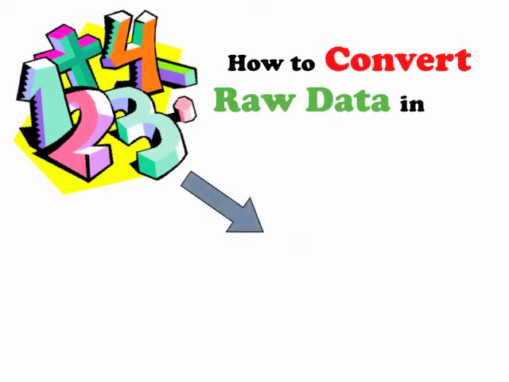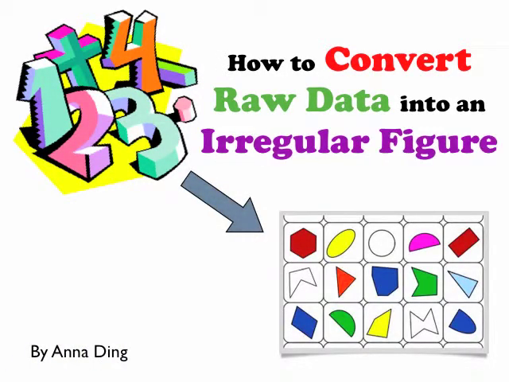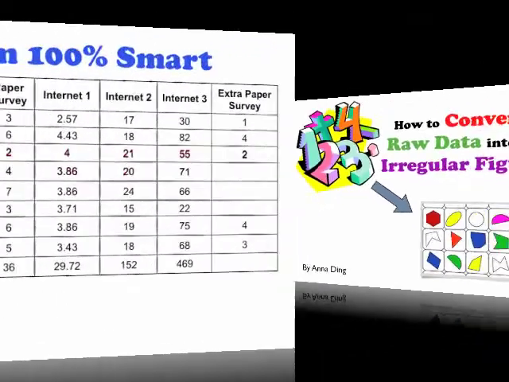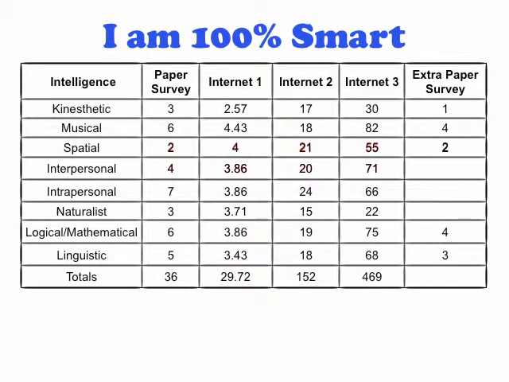Today I'm going to explain how to convert data into an irregular figure graph. So here we have a question to solve about I am 100% smart. As you survey this graph, you will notice that three pieces of information are missing: interpersonal, intrapersonal, and naturalist. Extra paper survey, right? Well, we need to try to find these missing numbers, and one of the ways of